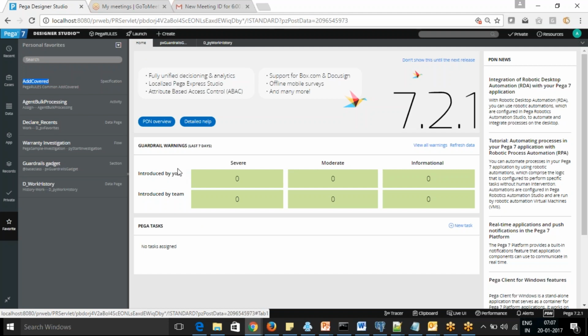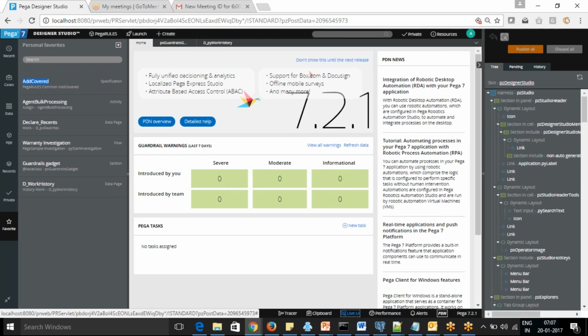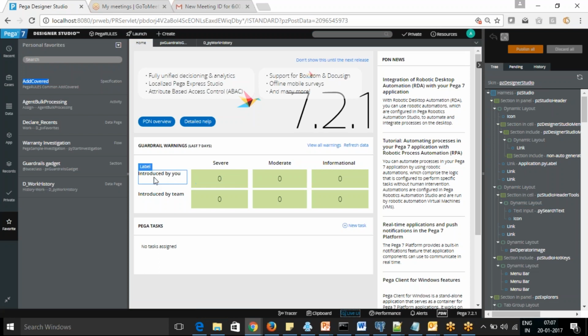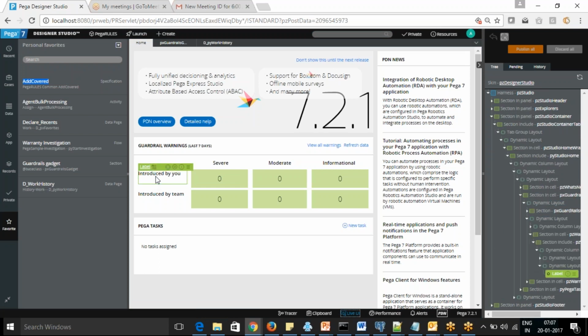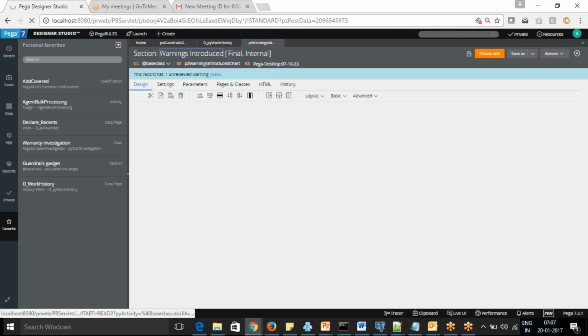So how can I do that? I need to know where this is coming from. Live UI makes life simpler. It opens in a new window for you. I want to get the introduced by you, and open the rule where it is changing that.